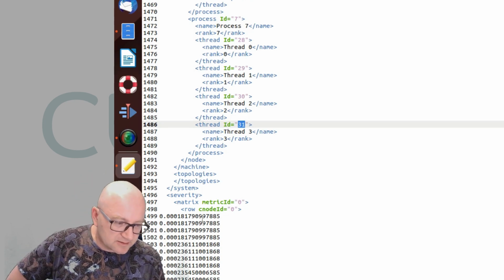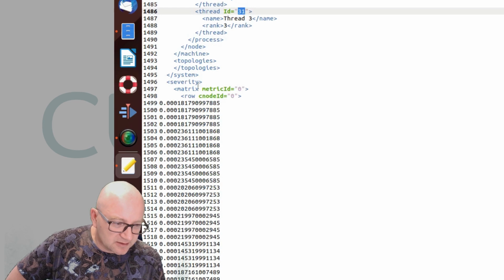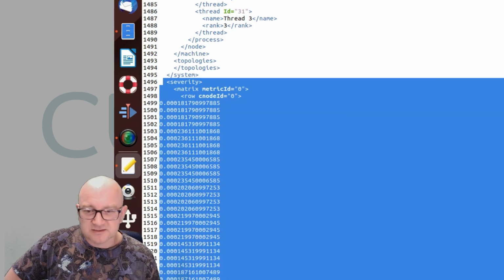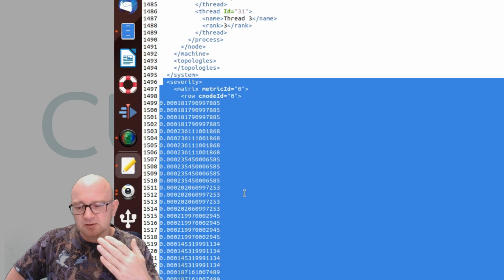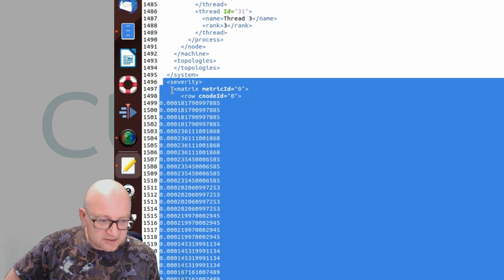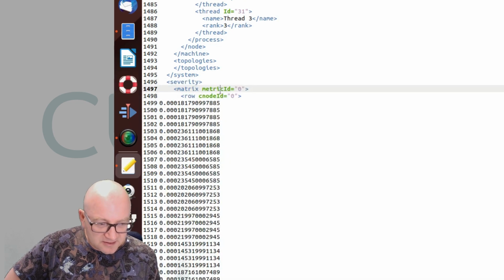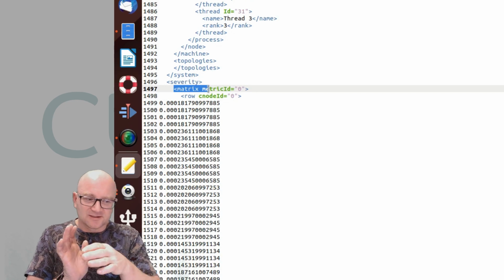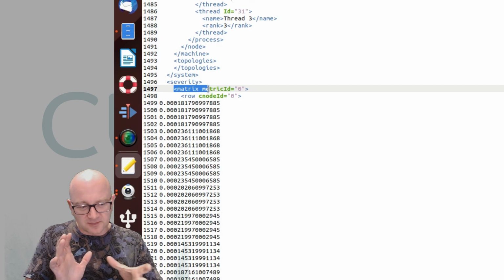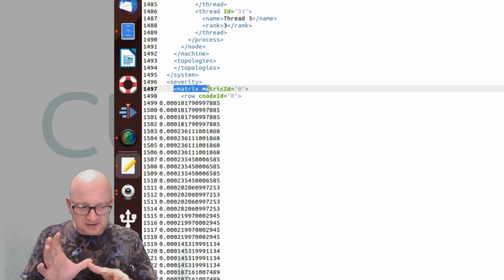And that is what we see here in the section which describes severity. We basically describe data for every one of these coordinates. So the first coordinate is a metric. So we see we have a matrix, and this matrix, or different matrices, consist of